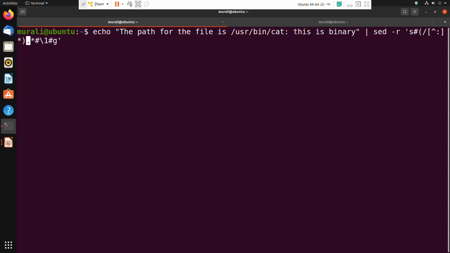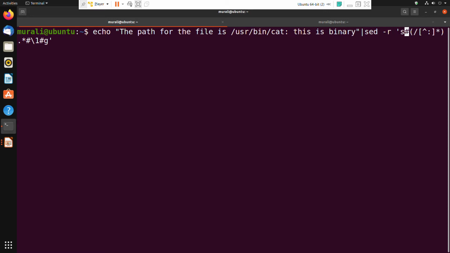Between the first pair of hashes is the pattern to be substituted. Let me minimize the spaces so that we are able to get everything in a line.